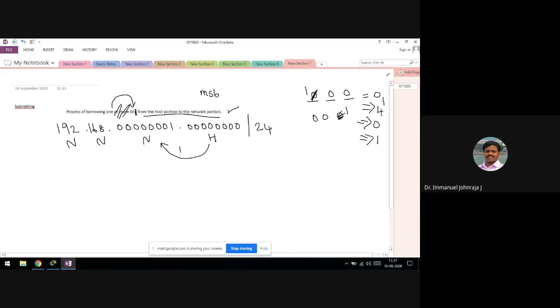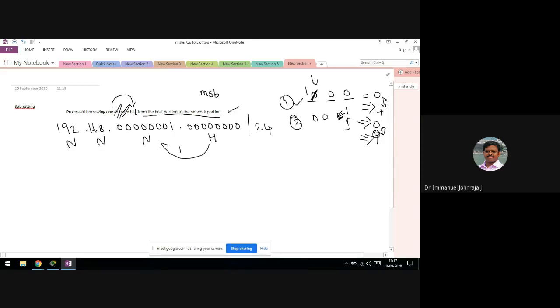Now you could see the difference it is making in the magnitude of changes, right? In both the cases, this is the first case, this is the second case. In both the cases, I have flipped only one bit here, right? Here I have flipped this bit, here I have flipped this bit, but the end result is different, right? Here the leap is 0 to 4. Compared to the second case, the first case is a big jump. The change is 0 to 4. In the second one, the change is 0 to 1.